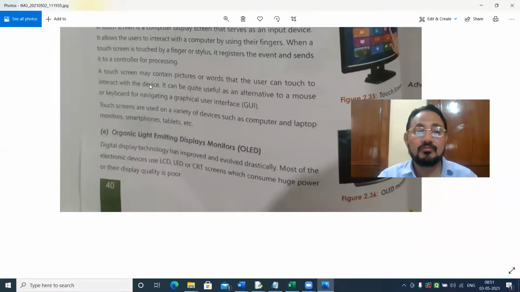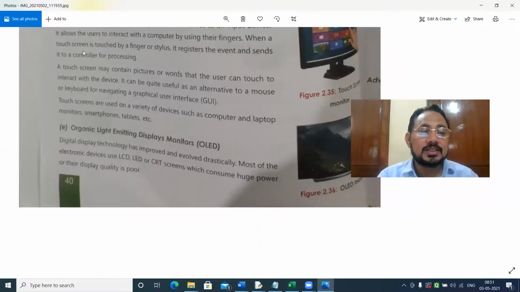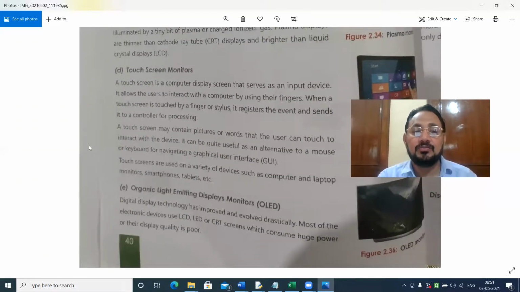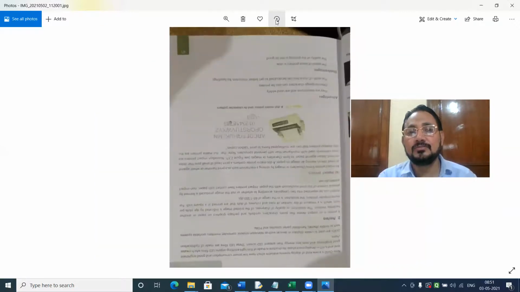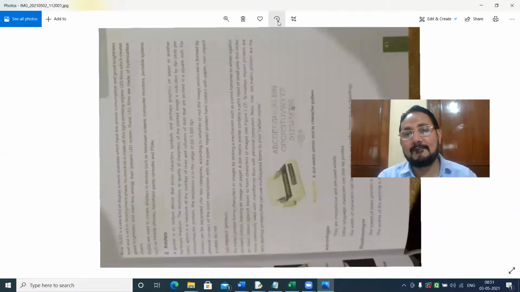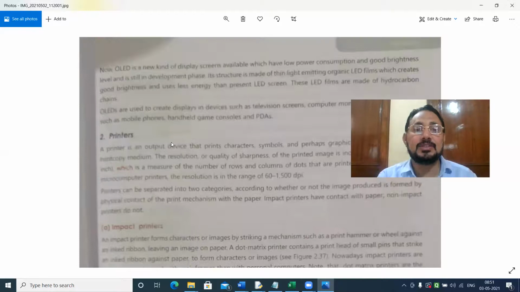Next point is organic light, OLED. Digital display technology has improved and evolved drastically. Most of the devices use LCD or LED or CRT screens, which consume huge power and their display quality is poor. Now they have sent an improved version to you. And that improved version is now